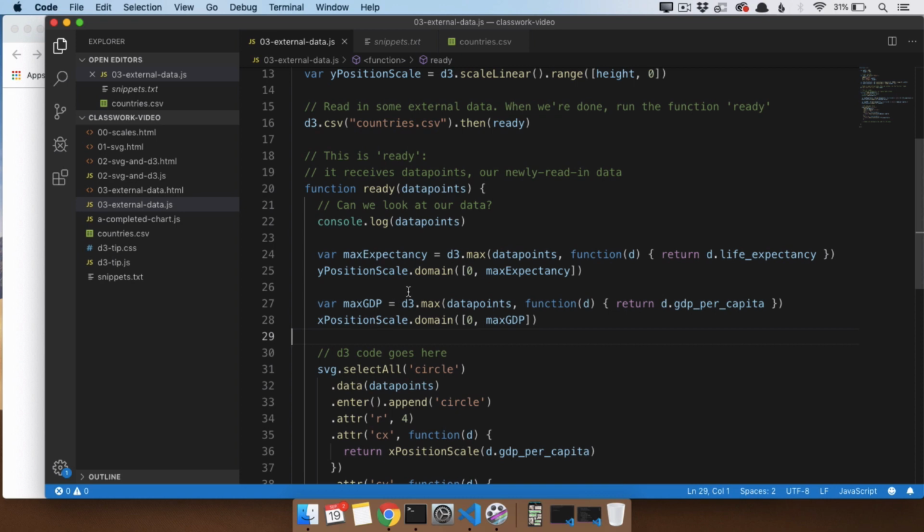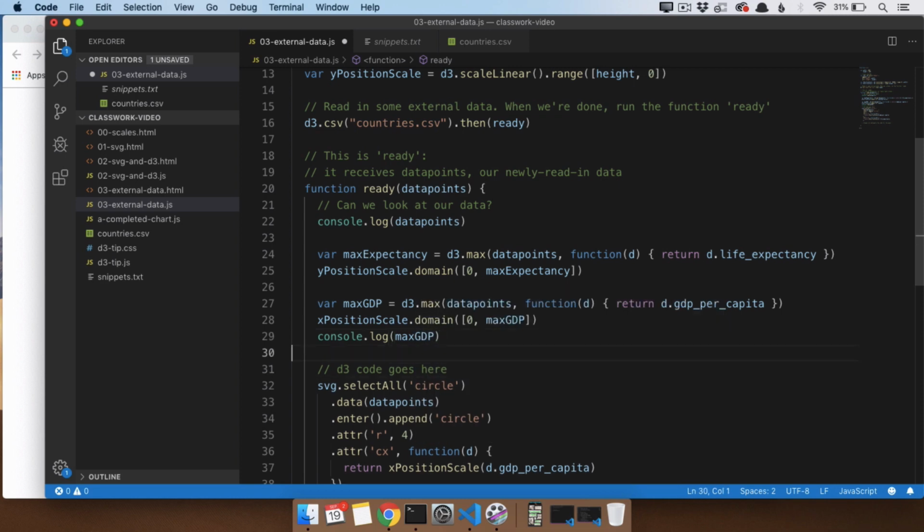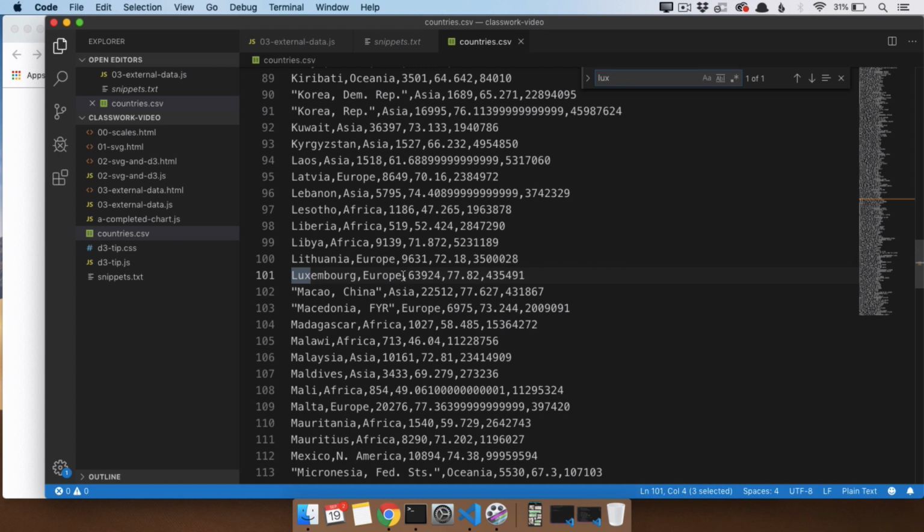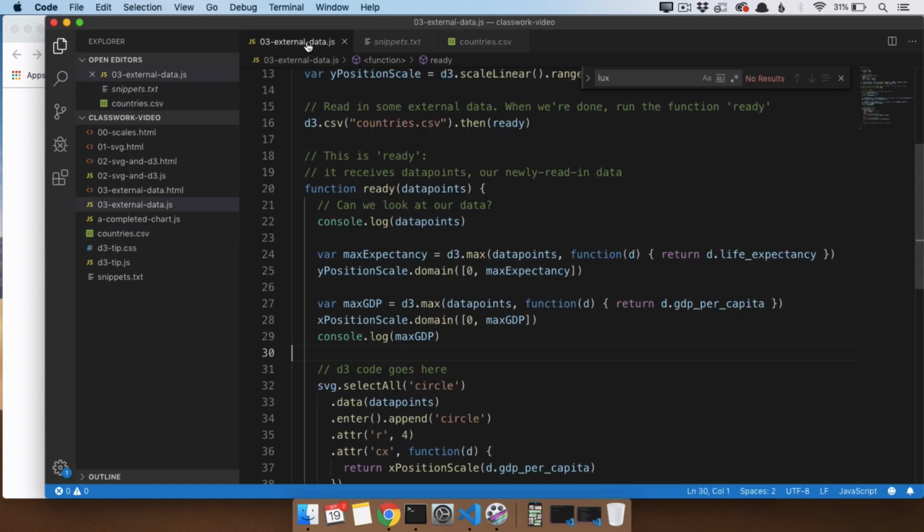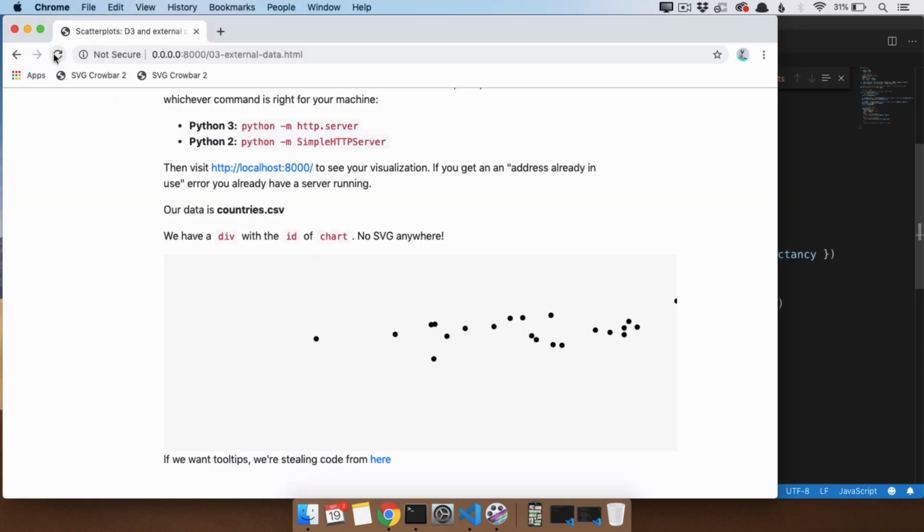This is my least favorite thing about D3. It seems like this should have worked fine, right? We looked at all the countries. Luxembourg has a GDP of about 64,000, which is a lot more than the other countries. So if we look at max GDP, we're going to save it, we're going to refresh here,